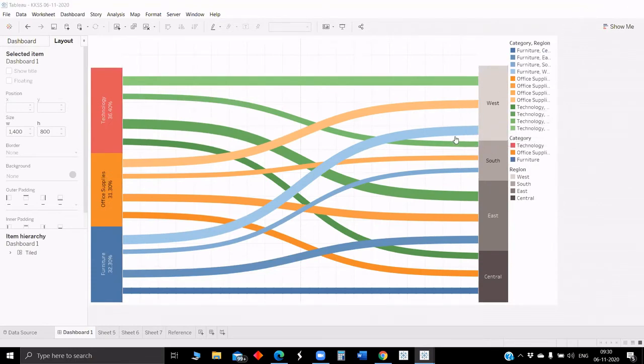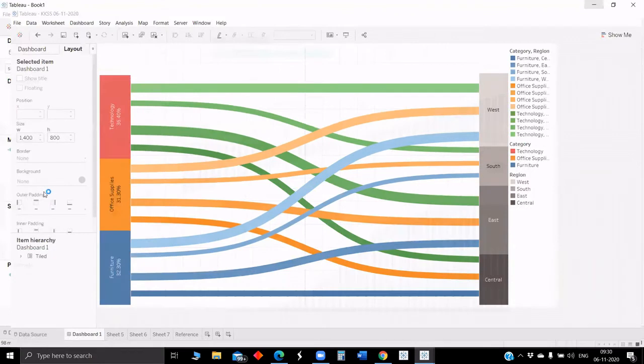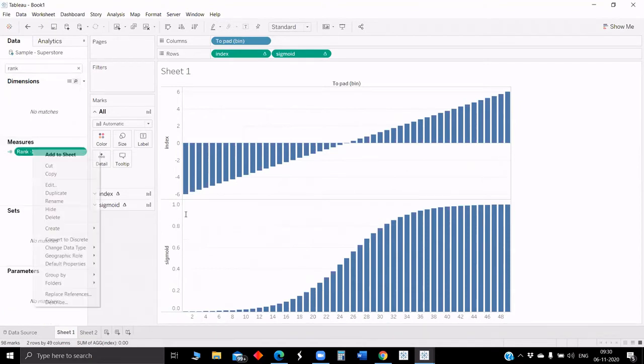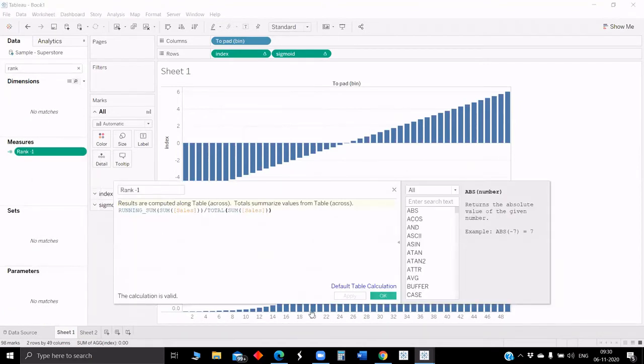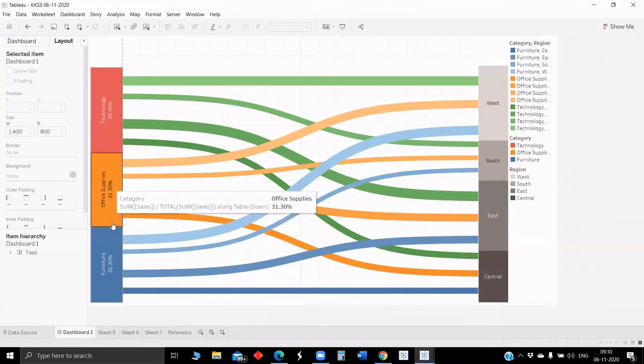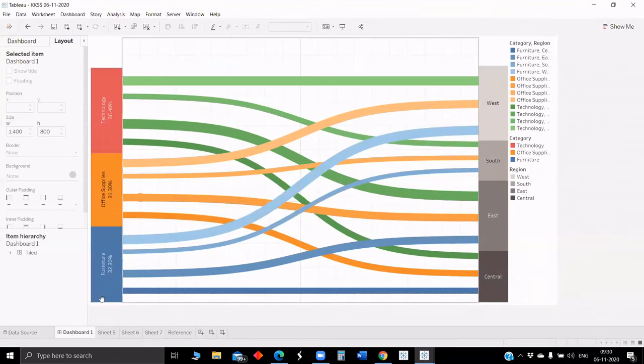No, can you go again once? Yeah, so rank is nothing but running sum of sales by total sum of sales. Why we are using running sum here is, first we'll get furniture sales, then we have to go for office supplies. If it starts from 0 only till office supplies, we won't get the continuity in the curve.